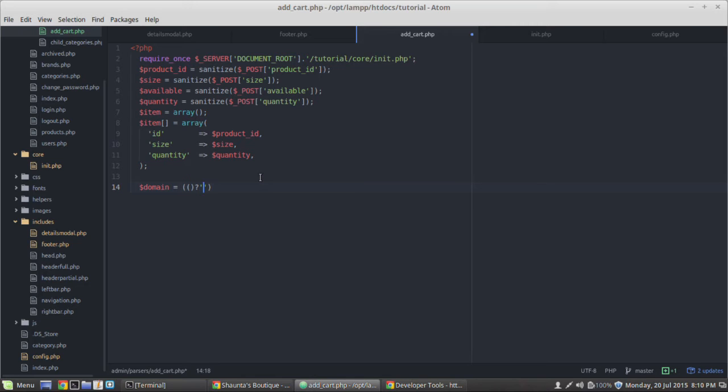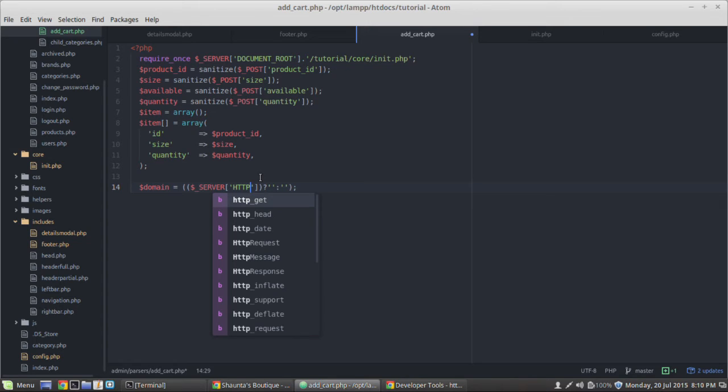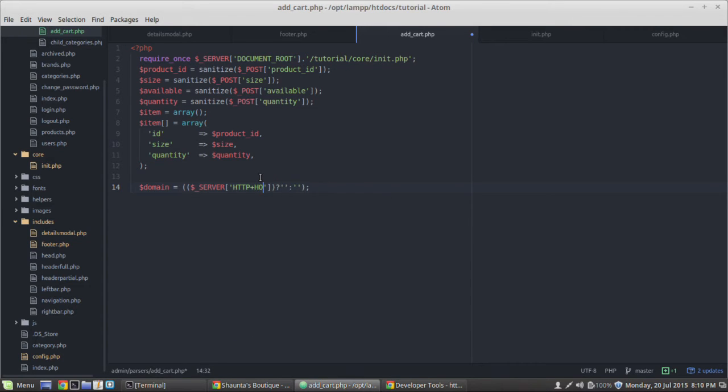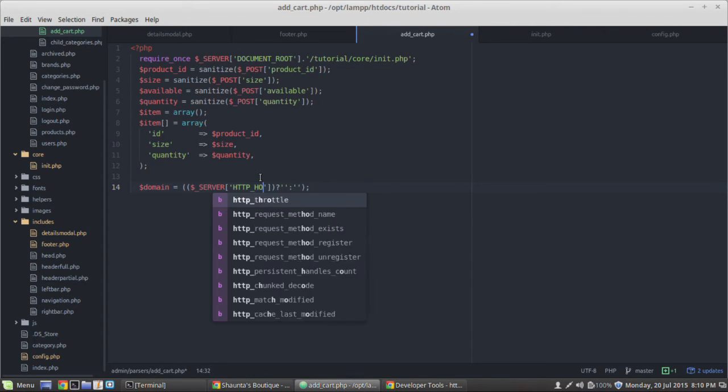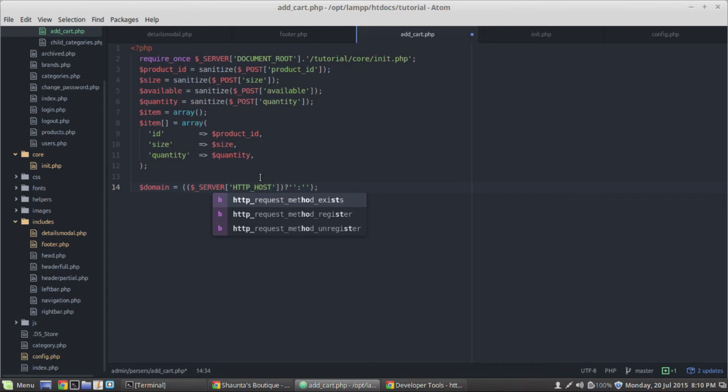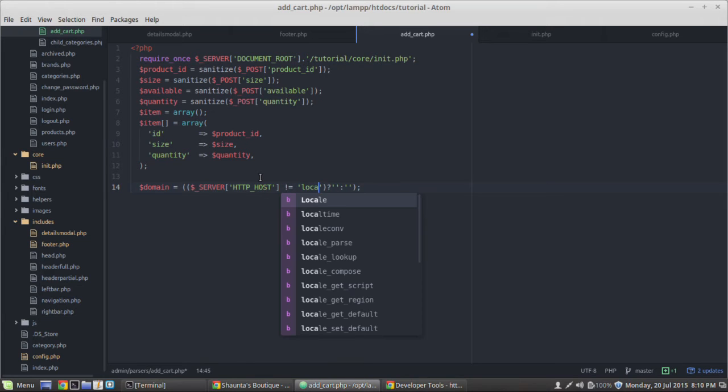And what we want to do is do a check. Okay, and we're going to check basically if it's a localhost or not. So we're going to say if $_SERVER of HTTP_HOST, not plus host, underscore host, okay, HTTP_HOST. Now, if that is not equal to localhost,